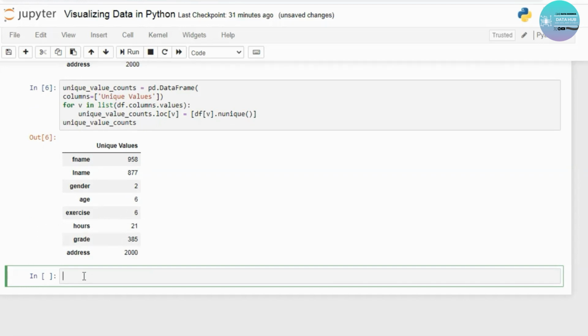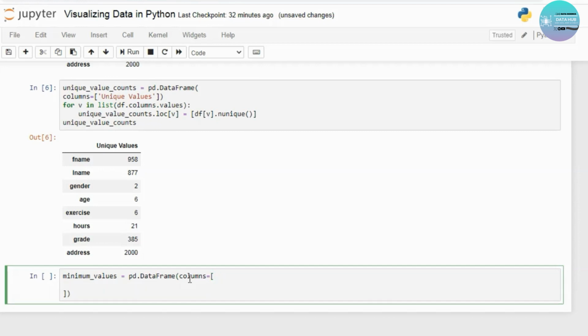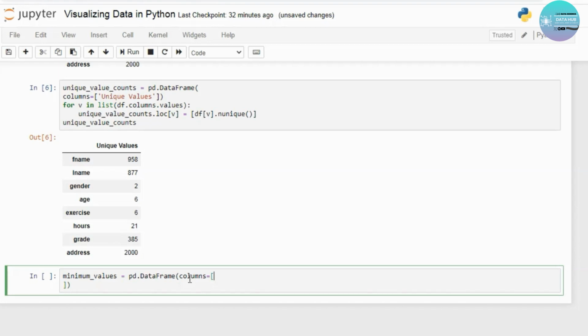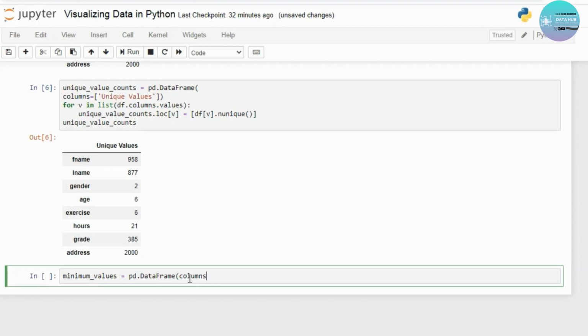Now finding the minimum value for each column. Minimum values, pd.DataFrame, columns equals to, columns is equal to